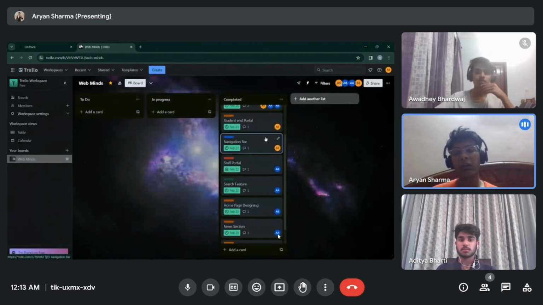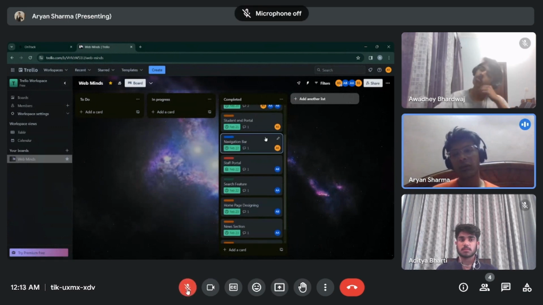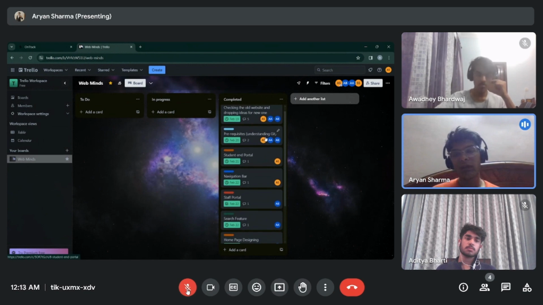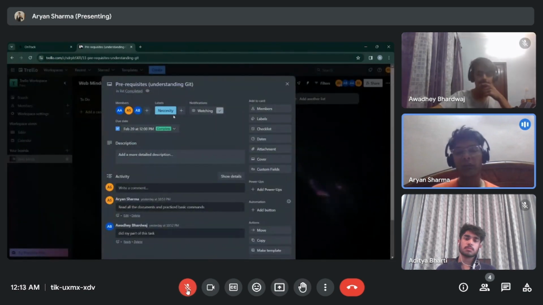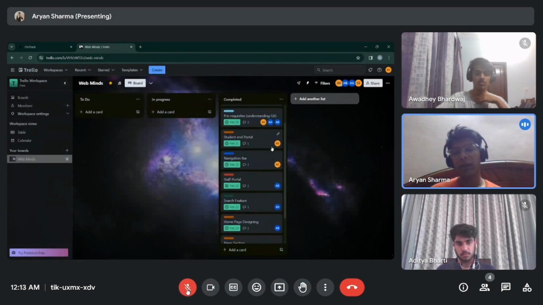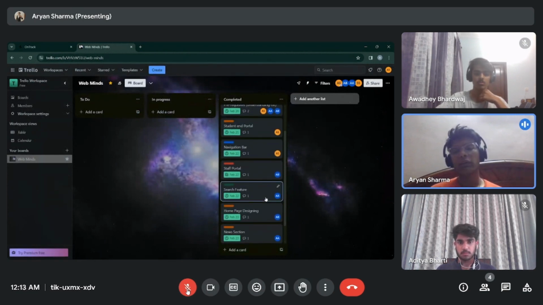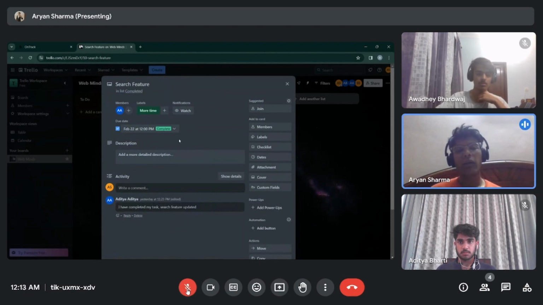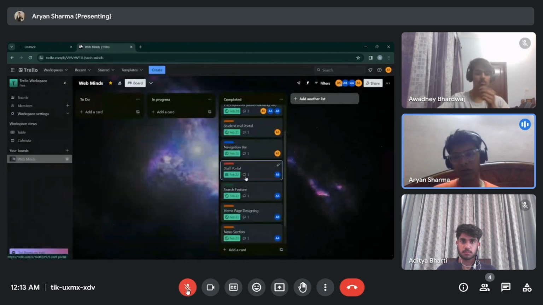Moving down to other things, the points keep decreasing. Like this necessity one, it only has 1 point because it is a prerequisite, and even if one of the members knows it, they can help other members too, so it's not a big deal. But I added it here. And there's also this more time label, which basically means that this task is not important, but it requires more time, because the search feature is a complicated feature that needs to be implemented. So it requires some more time compared to the other tasks.